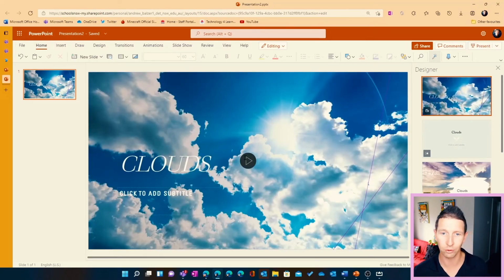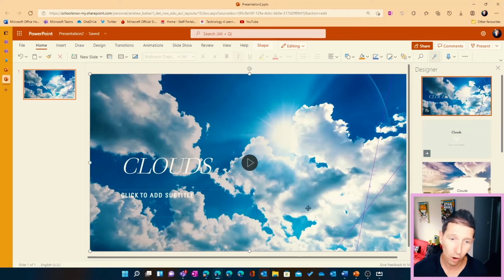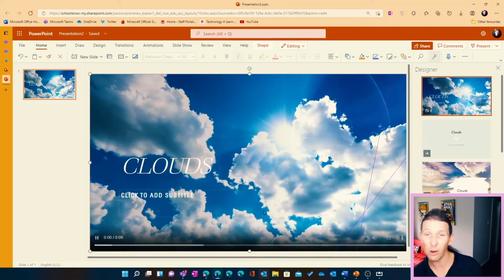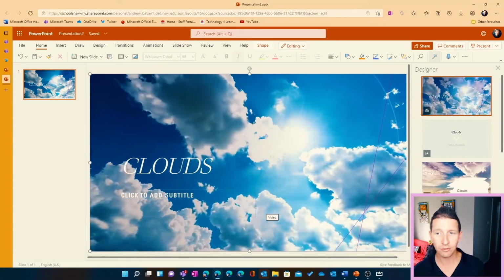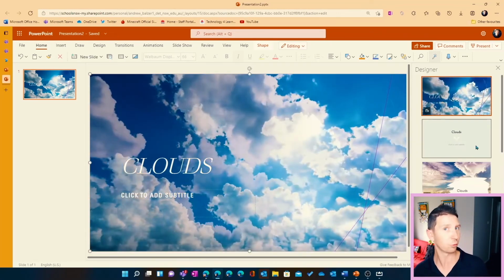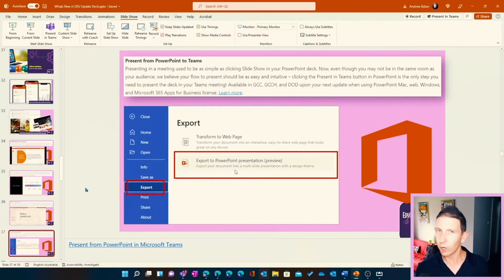Like to make this, I would have had to go and grab a camera and a phone and go film the sky. But now I have a video. It's all Creative Commons, by the way, FYI, that I can start my presentation with. That's really, really appealing. We also have the ability to export a PowerPoint into a Word document, which can build